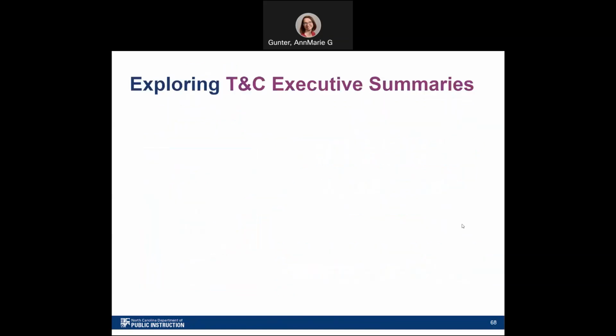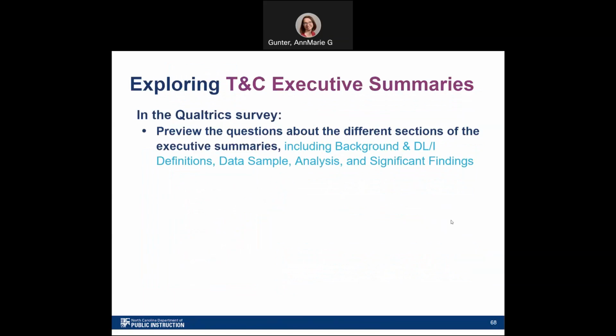We're going to explore our Thomas and Collier or TNC executive summaries. Specifically in the Qualtrics survey, we want you to look at this section, preview the questions about the different sections of the executive summaries. So there are 3 of them. Each of them is 2 to 3 pages a piece. But preview the questions that you're going to have to answer because we're going to look at the different sections